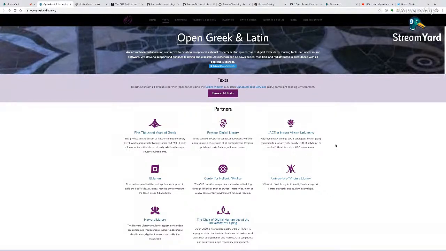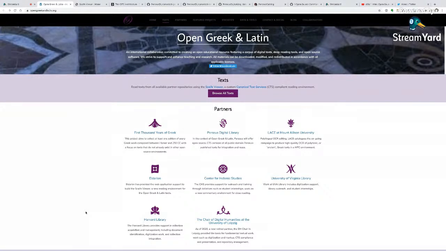LACE also here, as you can see, which is important for OCR of ancient Greek, and then also other institutions like the University of Virginia Library, Eldarium, a company producing the Scaife viewer, which is a reader for data produced through Open Greek and Latin and Perseus, the Harvard Library, and then, of course, also the University of Leipzig.